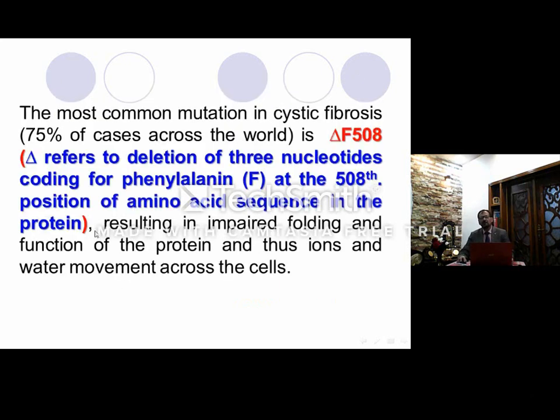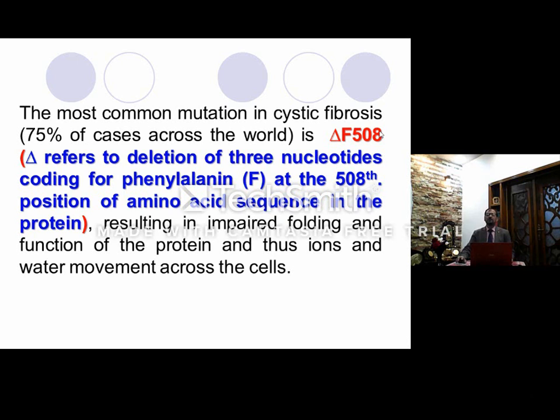But the most common of these mutations in the cystic fibrosis transmembrane conductance regulator gene is what's known as delta F508. Delta refers to the deletion, F refers to phenylalanine, and then 508 refers to the position of the lost